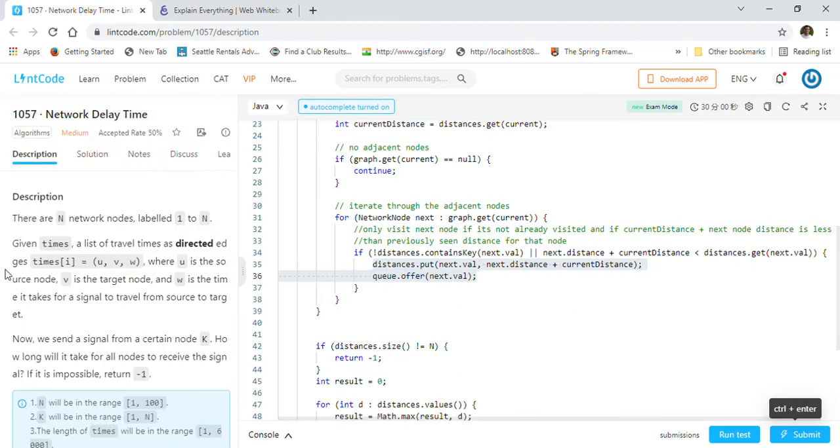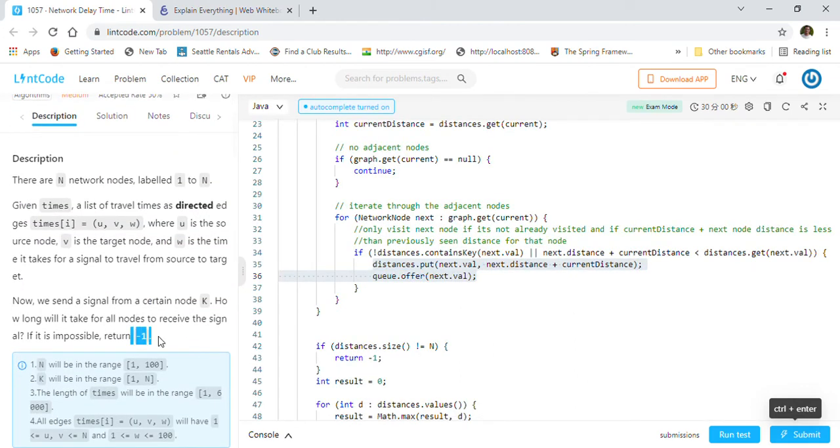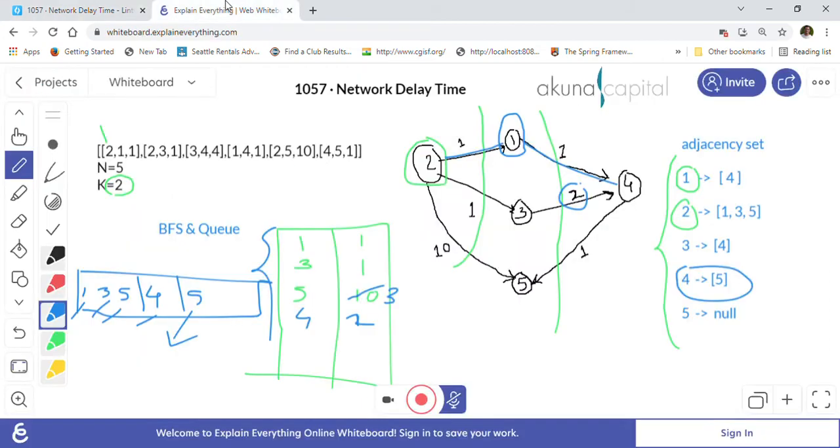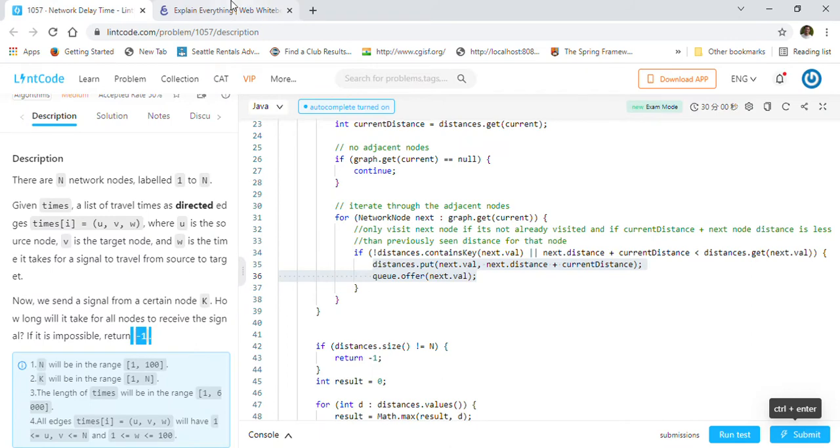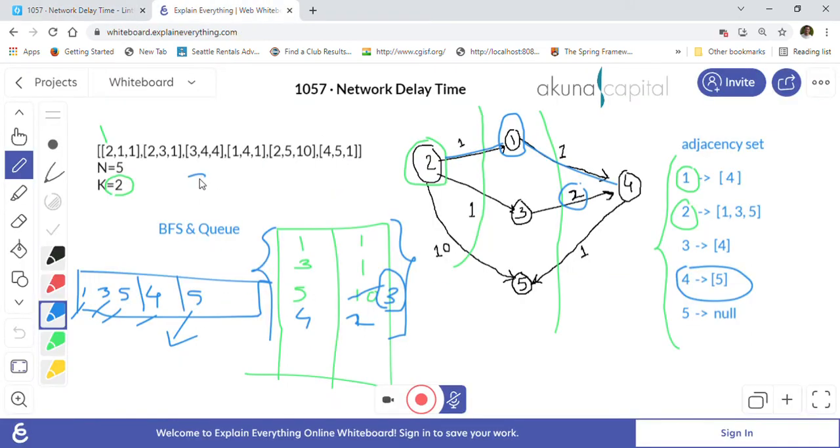We have the answer. What I mean to say is we don't want to return -1, because we could revisit all the other nodes. Now we have to find out the maximum time it takes to visit all the nodes. So if we go through this map, whatever maximum value we see is the maximum time, which is 3, right? 3 is the maximum time, because other values are 1, 1, 2 and then 3. So for 5 it takes the maximum time 3, so we will return 3 as our answer here. 3 will be the answer for this one, because that is the maximum time it takes to reach all the nodes.